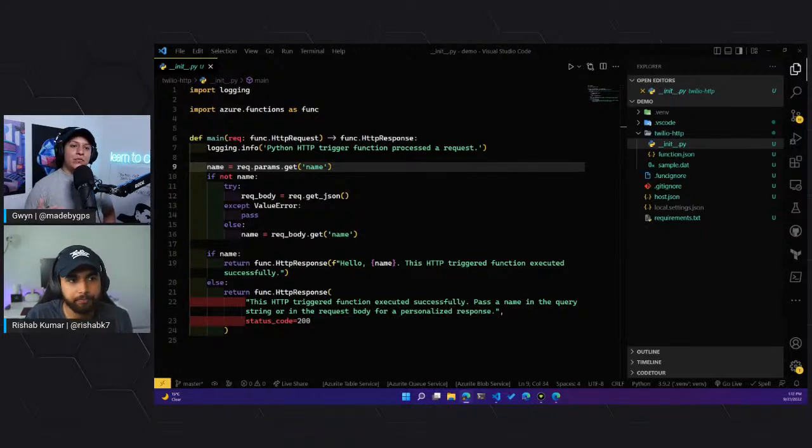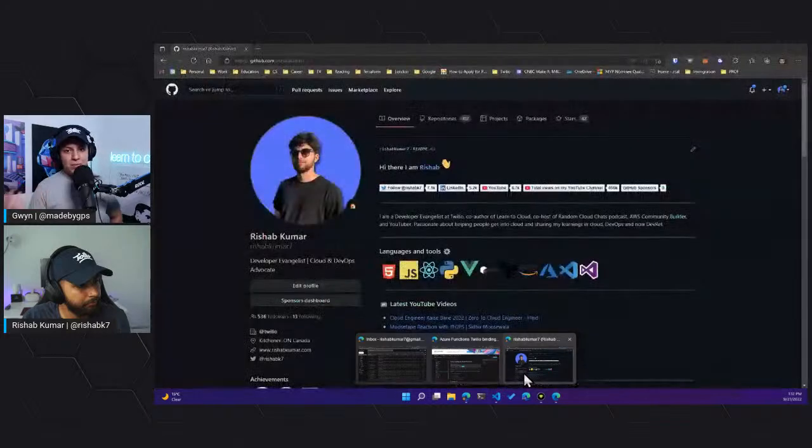Bindings are ways that your functions can interact with other services, whether that be pulling information in, which would be an input binding, or sending information out, which is an output binding. Alongside all these triggers, you have storage, events, and whatnot. There are different services with different types of bindings, and they're always developing more and improving more.